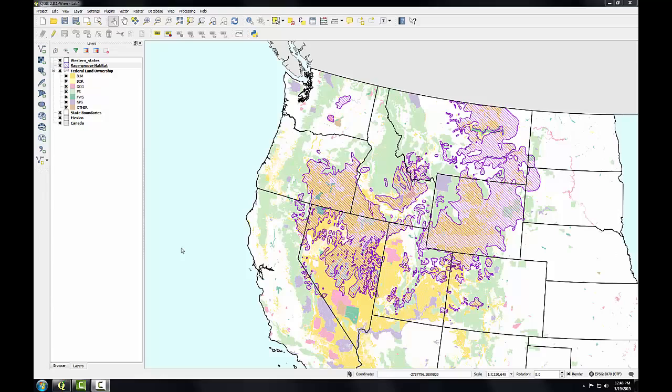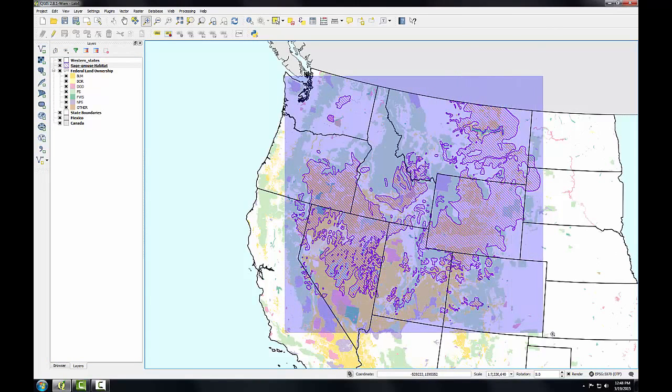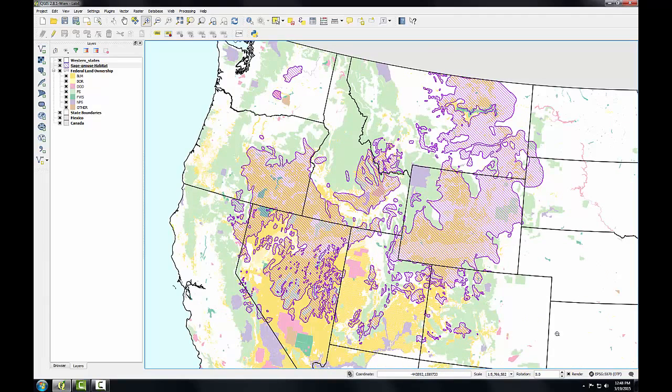Now that all the data is well styled, I can compose the map deliverable for this sample project. QGIS has a print composer for designing maps. Before I open the print composer, I'm going to get the final extent set correctly. I'll zoom in a little bit tighter to the sage-grouse habitat data. So I'll use the zoom in tool and I'll drag a box with my left mouse button just a little bit tighter to the habitat than I currently was, leaving a little bit of the Pacific Ocean for context off